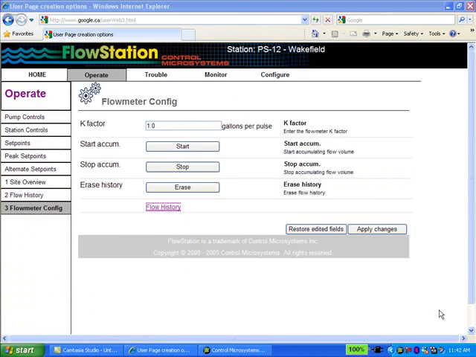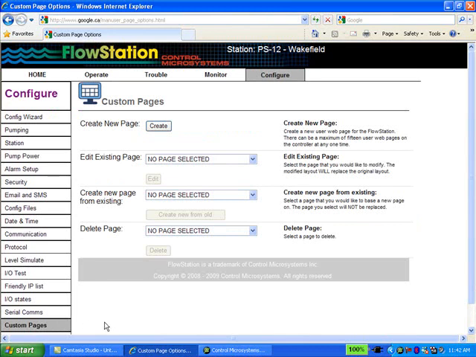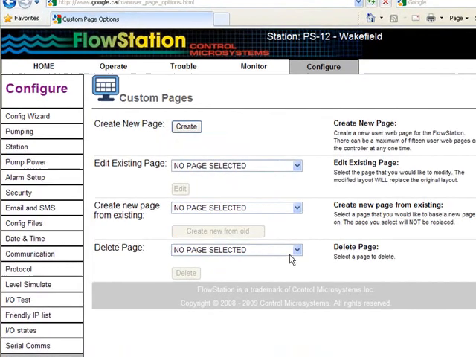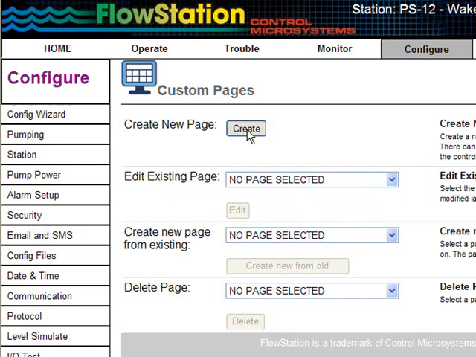Now, to show you how a custom page is created, I will create a page to monitor a generator that may be used with this pumping station. Under the Configure menu, I select Custom Pages. And here's the wizard-style interface to create a new page, or to edit an existing page, the 3 that I've created. So selecting Create,